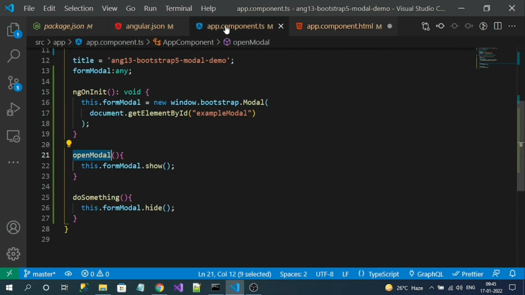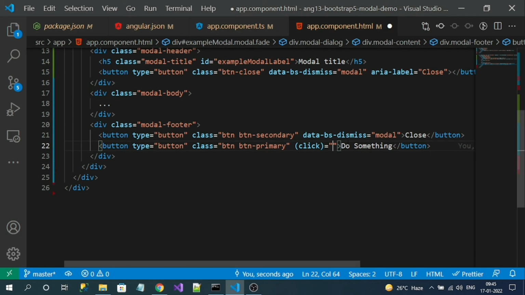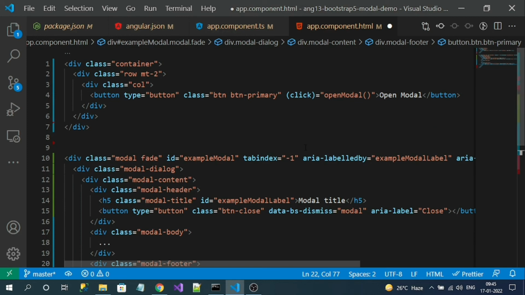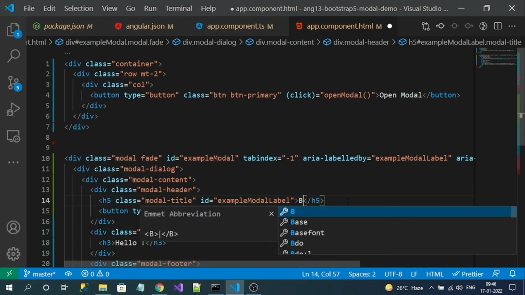Do something. Okay. Now let's run the application and test the Bootstrap modal. And let me add some message here. Let me add some title.